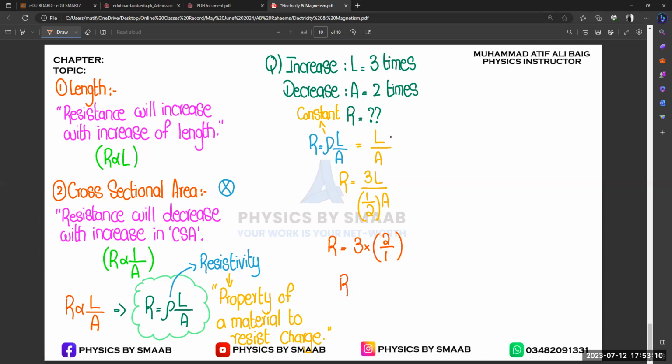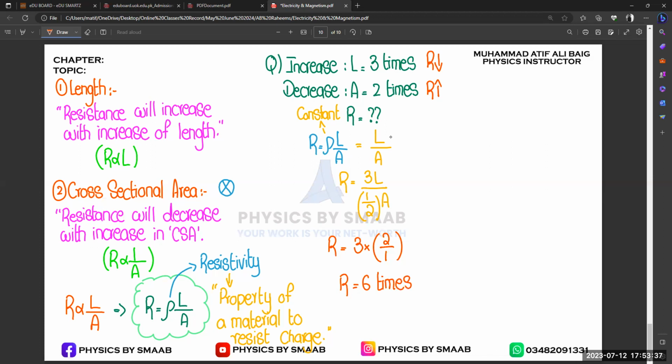Okay, one more thing, if we decrease the cross sectional area, resistance will increase, right? So by using this factor we are going to increase the resistance, and by using this factor we are going to decrease the resistance. So your final answer will be 6 times,